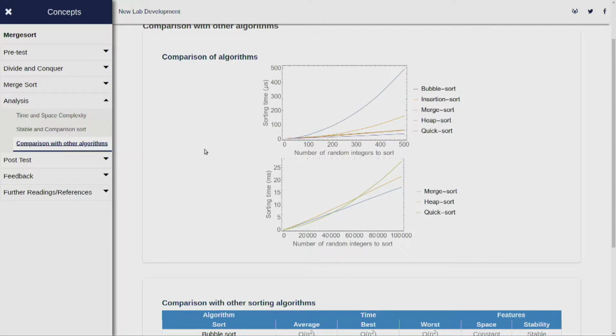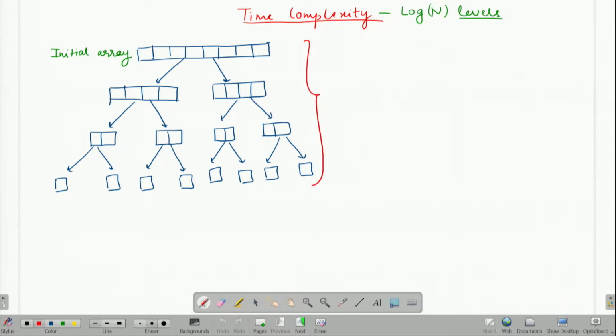First, let's see the time complexity of merge sort. We are now familiar with the merge sort tree. So let's assume that the initial array that I have is of n elements. For simplicity, let's assume n is a power of 2, say 2 to the power k. I call the first level as level 0. So at level 0, I have one array which has n elements, which is equal to 2 to the power